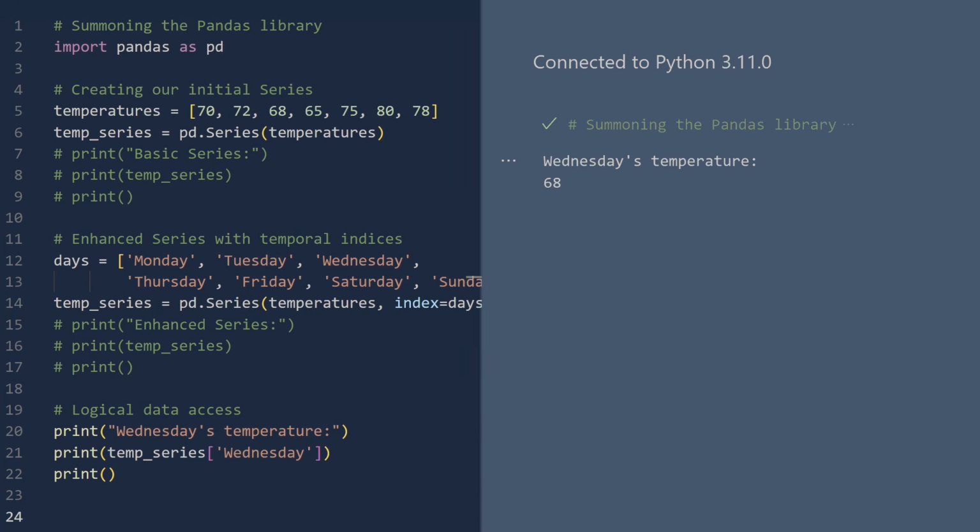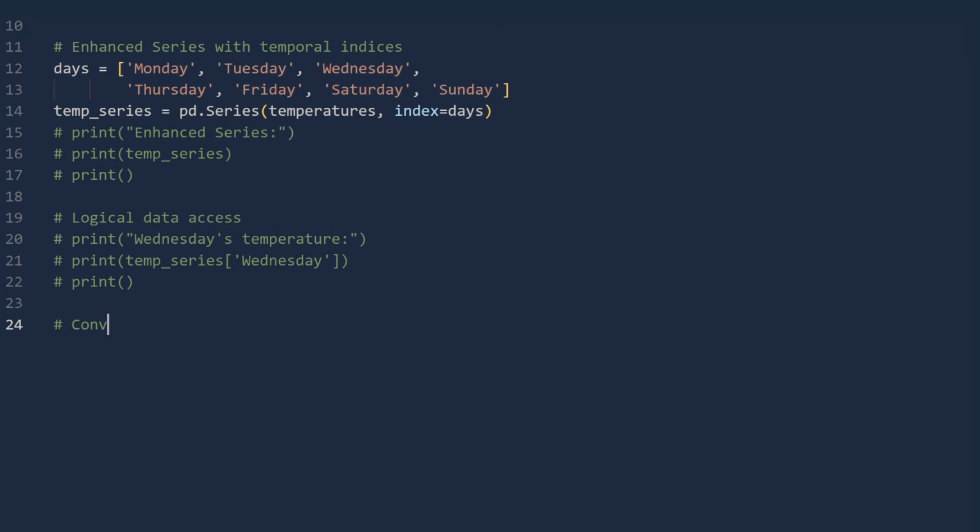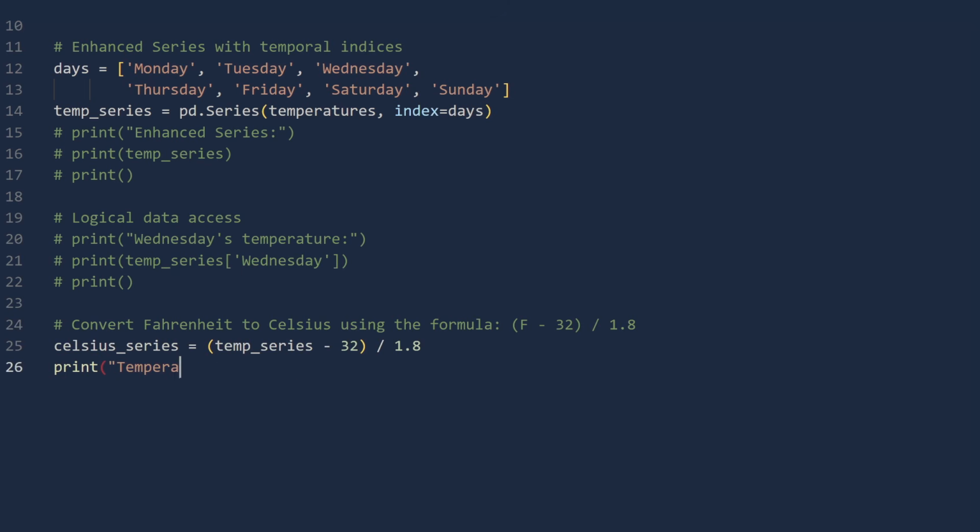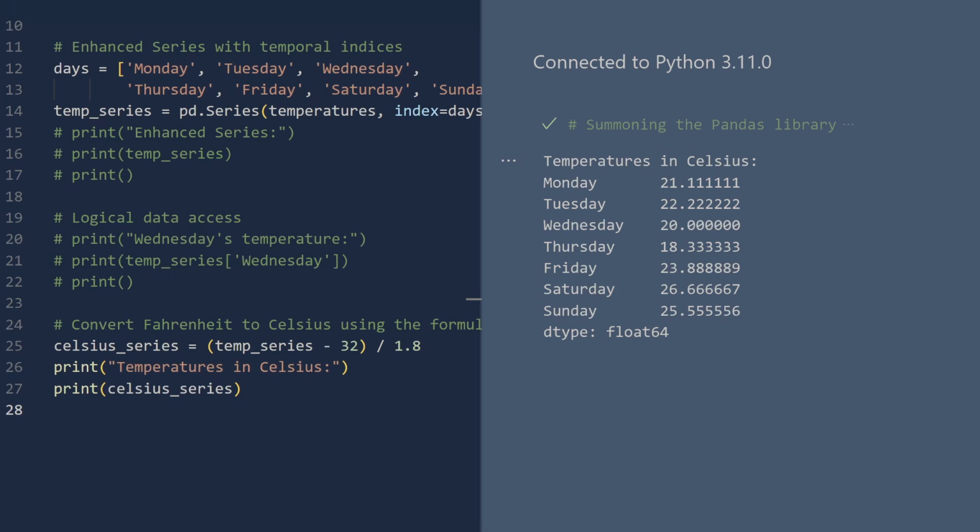These readings are in Fahrenheit, a temperature scale that 94.6% of Earth's population does not use. Let us convert this data to Celsius, the arguably more rational choice. The conversion protocol is straightforward. Subtract 32 and divide by 1.8. These operations will apply to all data in the series. Observe. Note the transformation of our data type from integer to float to avoid rounding for our precise Celsius values.